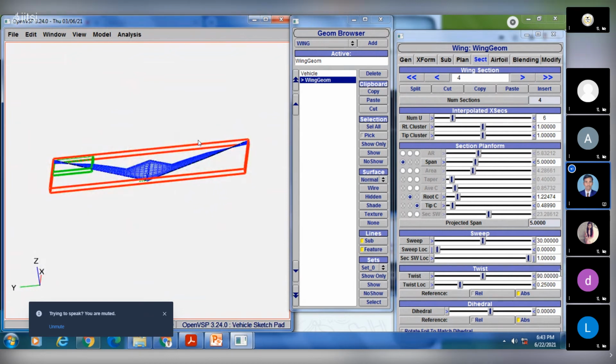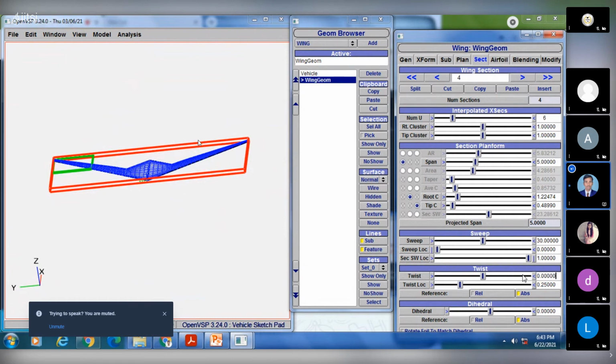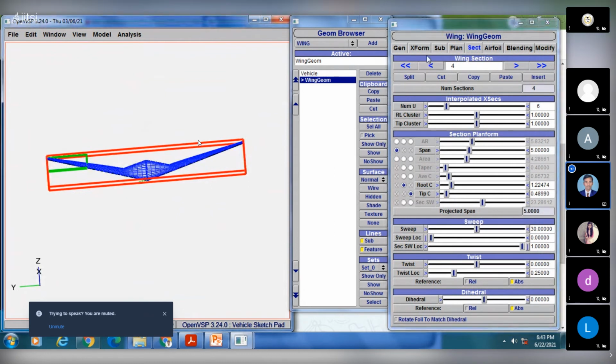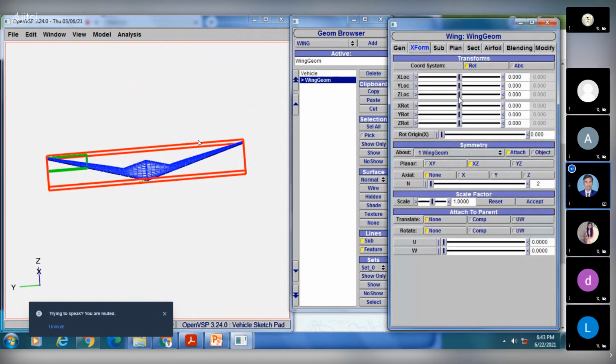Oh, it's too much, too much. Okay, no problem, we will reduce that. Let it be 0. Yeah, we will come to the X form.